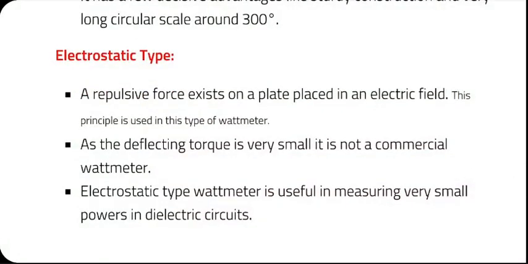Electrostatic type is very different. They use Coulomb's law to figure out the